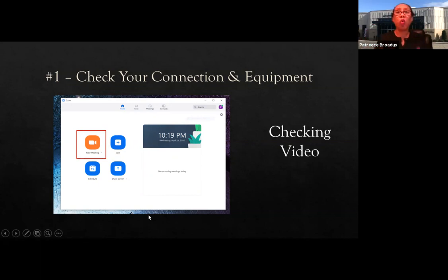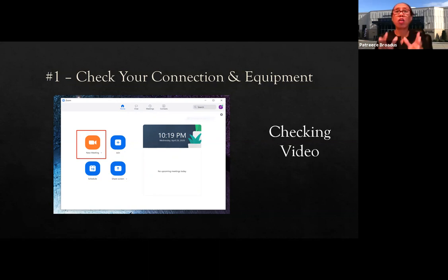So what you want to do is click on New Meeting, and this will allow you to see what the interviewer or the recruiter is going to be seeing. That's what I do each time before I sit down and present these workshops to you. I turn on a new meeting, and that way I can see what you are seeing. So if something's off to the side, or there's something in the background that shouldn't be there, I can see it. I suggest you do the same thing.